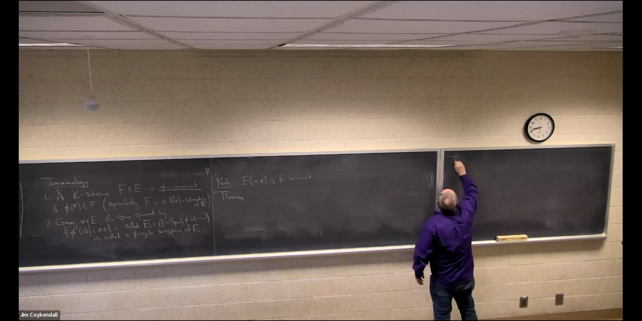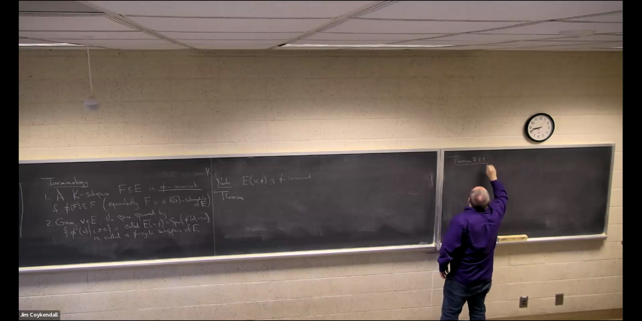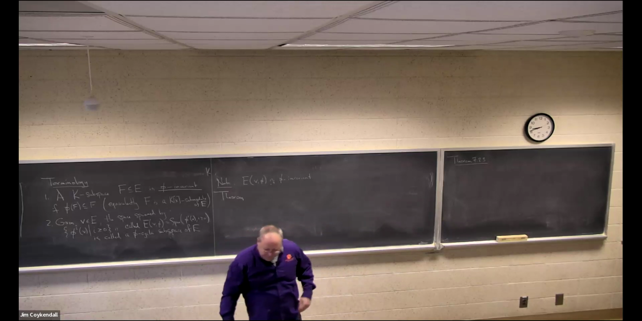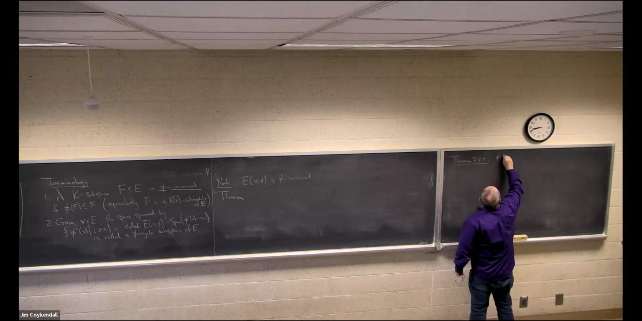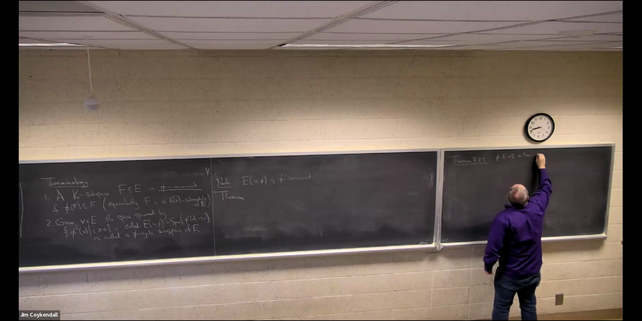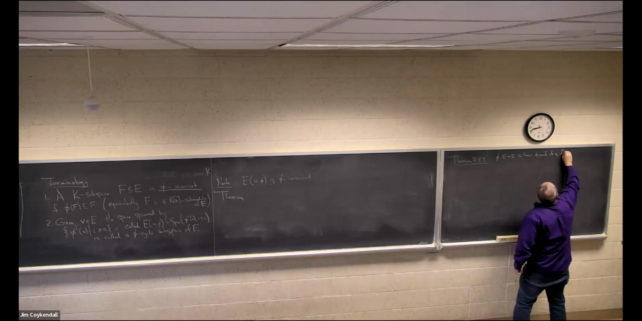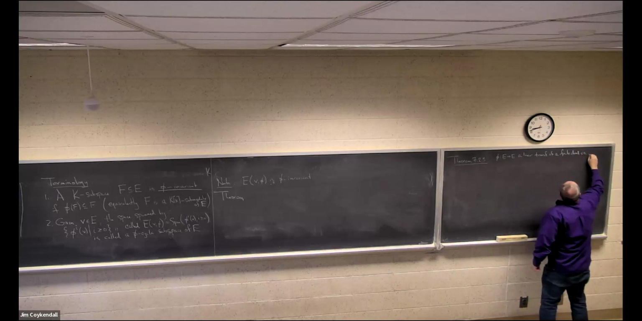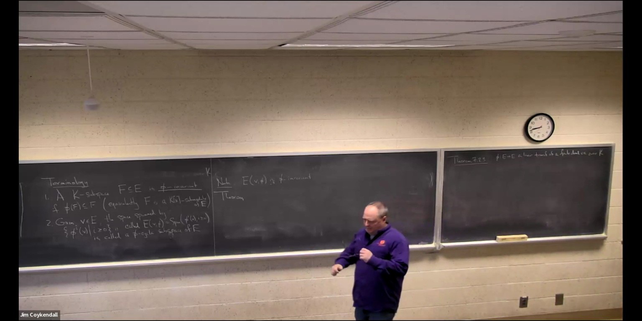Theorem 17. Let phi be a linear transformation from E to E, a finite dimensional vector space over K. Okay, so